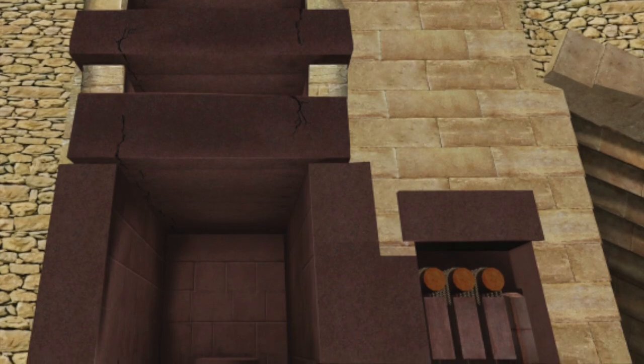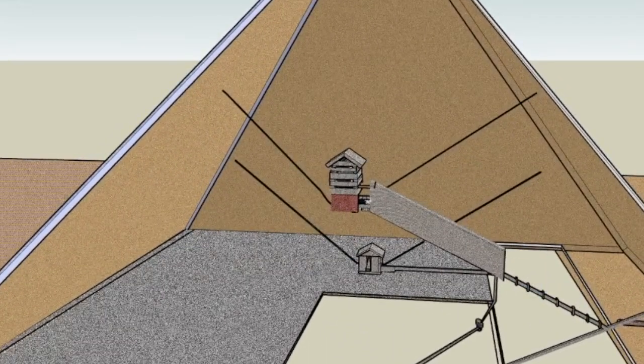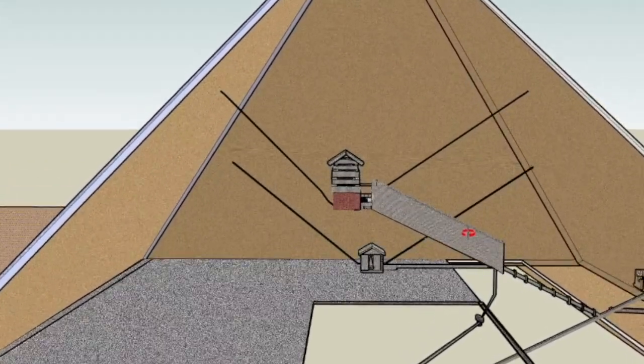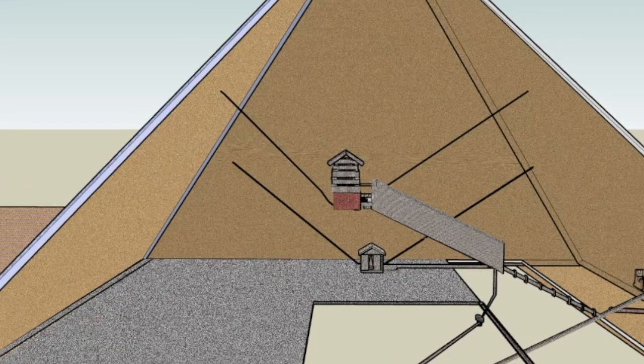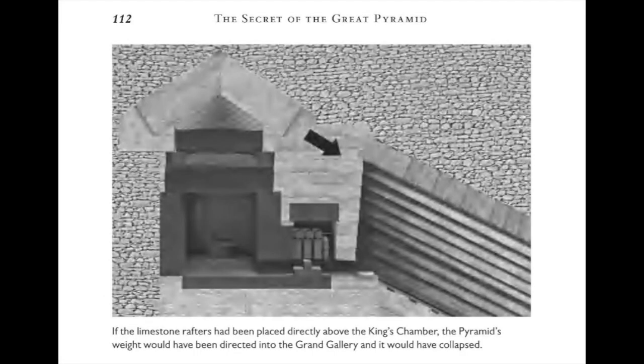This then is the reason why these so-called relieving chambers exist, according to the theory: to raise the height of this ceiling further up into the pyramid, where the grand gallery can be avoided and the forces deflected by the roof can be safely deflected into the core masonry of the pyramid, which is strong enough to absorb the additional load. If you're watching along rather than just listening, here's a handy diagram from the book which shows the vaulted ceiling as if it was placed too low down, with the forces it's deflecting now disastrously being sent into the space occupied by the grand gallery.